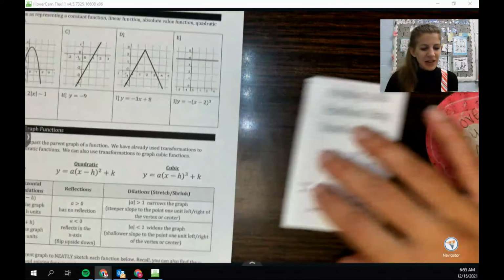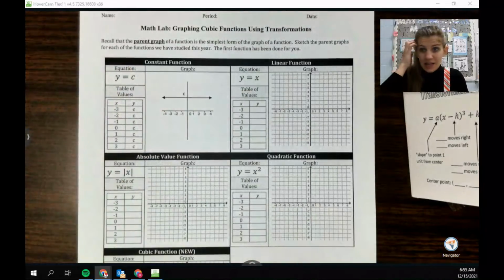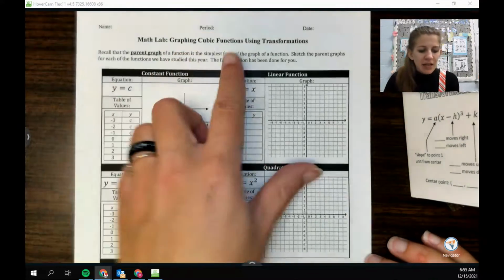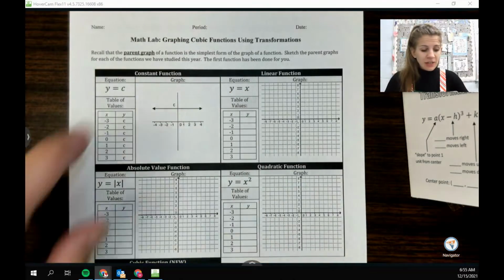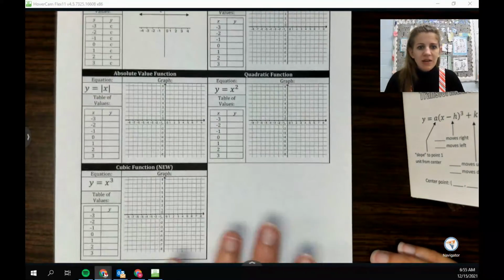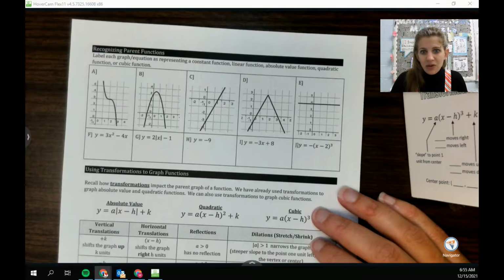Alrighty, guys. So the last topic that we get to talk about for this unit is graphing cubic functions using transformations. We should definitely do this lab first, so if you haven't done that already, make sure that you do. I think it really summarizes very nicely the things that we've talked about so far this year,